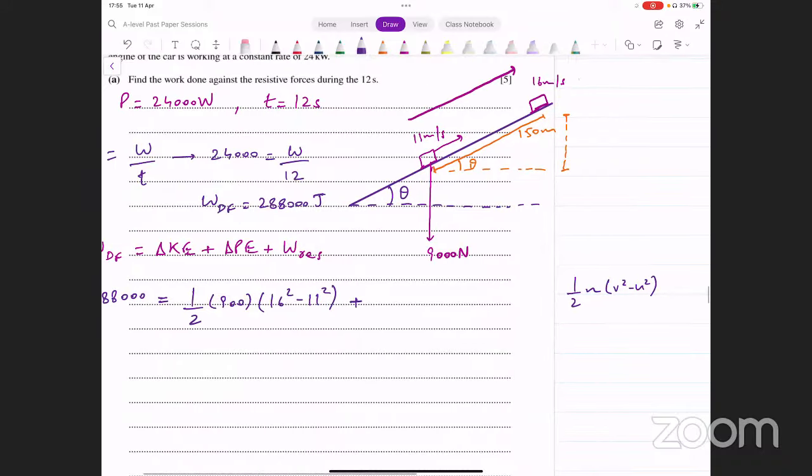What about the change in potential energy? That's mg delta h, right? ये change in kinetic energy है। change in potential energy के लिए हम क्या करते हैं, mg into change in height. Mass कितना है, 900 into g, which is just 10. चेंज इन हाइट, हाइट कितनी आपके पास आ रही है? लेट्स कॉल दिस h।